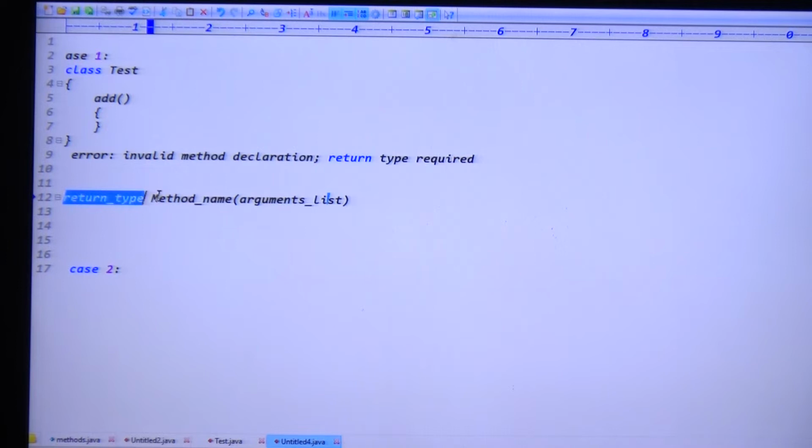Exactly. And to specify the permission of this method, we have the modifiers list, like public modifier, private modifier, final modifier. To specify the permission, we have the concept of modifiers list, right? Exactly. So every method contains a method name and corresponding arguments list, nothing but inputs. And every method is able to return a value, the return type concept. If you are not interested in returning a value, simply we make it void. And to specify the permission of that method, you go for the modifiers list, right? Exactly.